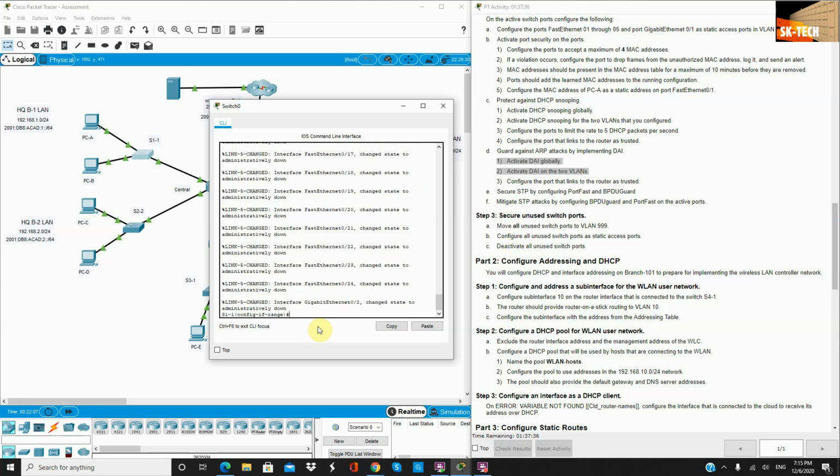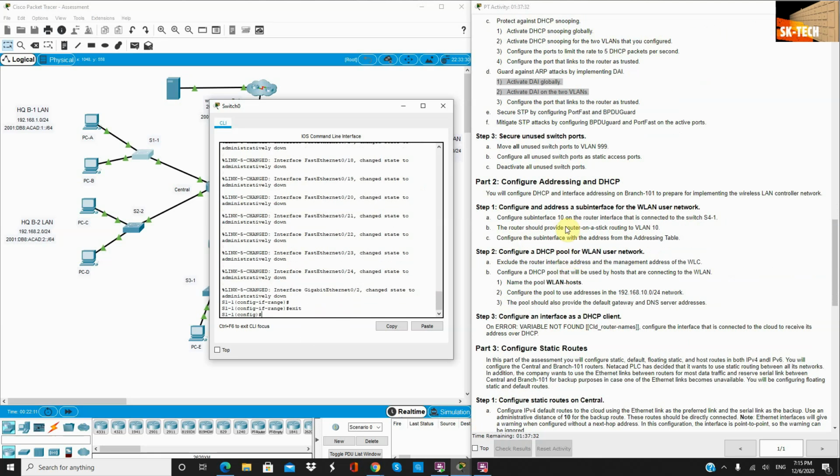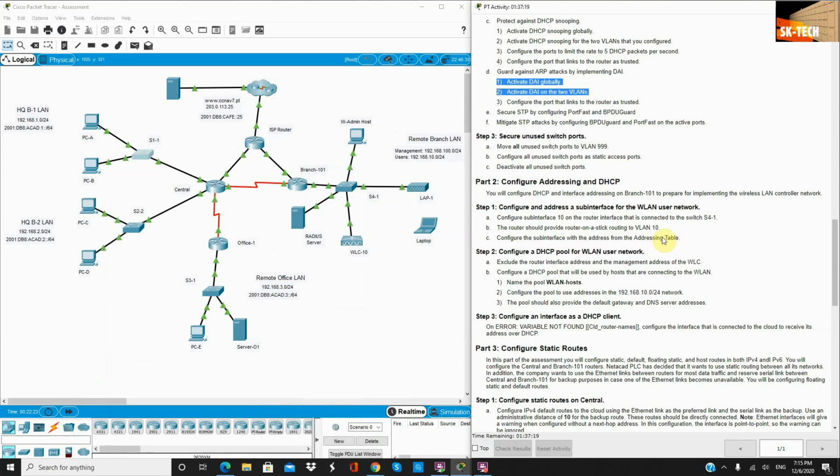Shut down. Done. Now we will configure the addressing and the DHCP. We will work on this area for the wireless local area network. This router